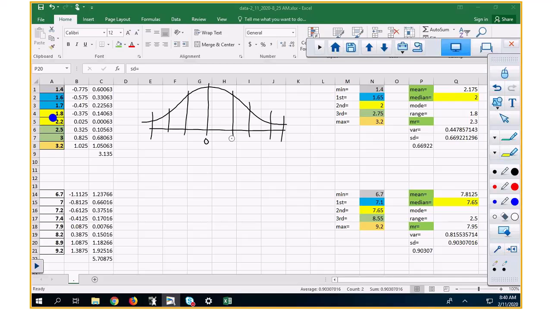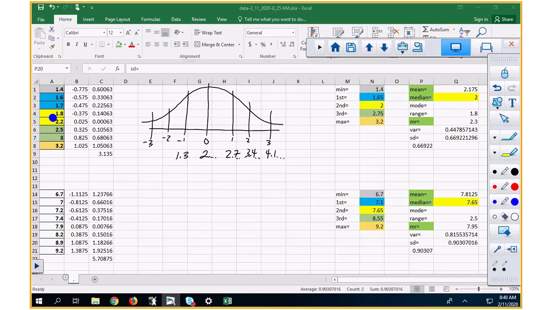I ain't got too many. 0, 1, 2, 3, -1, -2, -3. Yeah, I got one too many. Okay, and my mean is 2.175, and I'm not doing all those decimals. So 2 plus 0.7, that'd be 2.7, 3.4, 4.1, and I'm going to put dots right there, meaning y'all need to do the actual decimals. And then 2 minus 0.7 is 1.3,